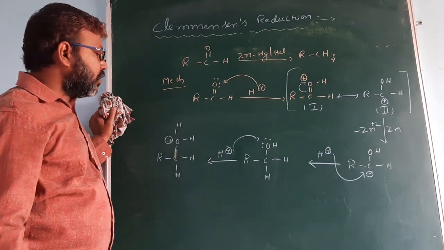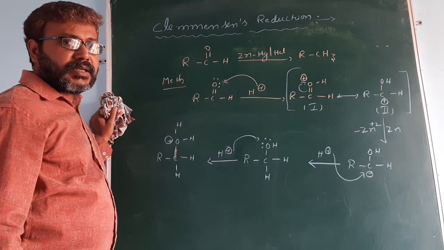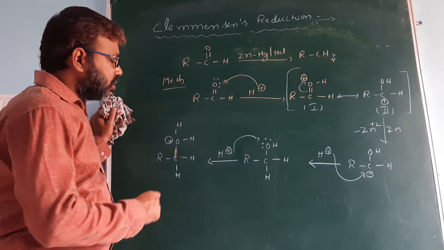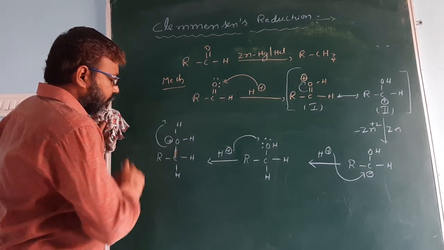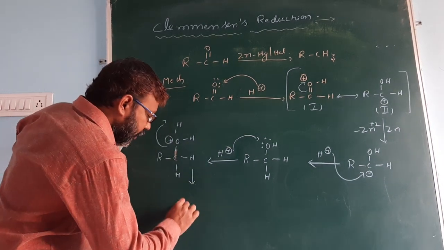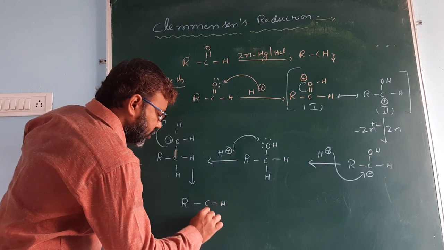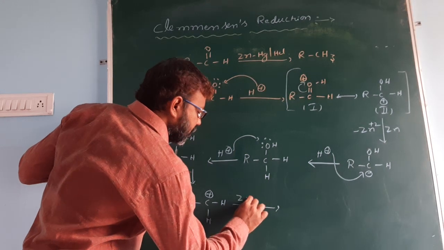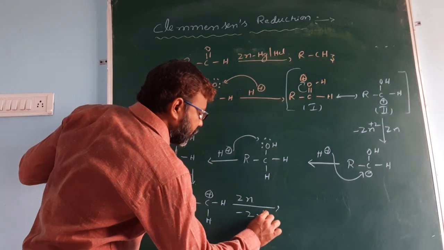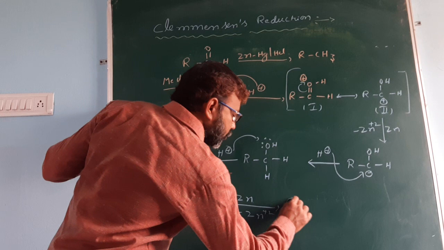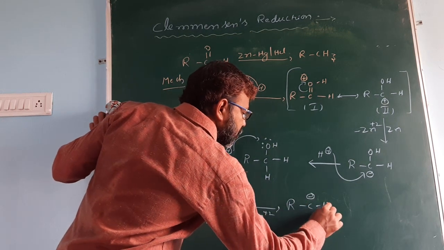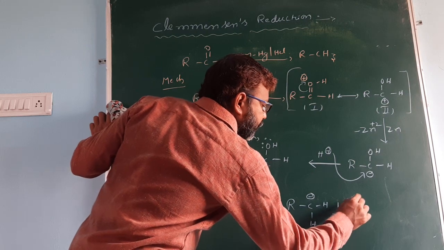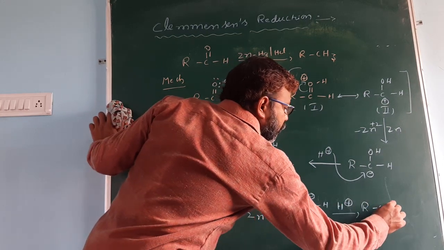Because oxygen has a positive charge. It is the second most electronegative atom in the periodic table. It has a positive charge. It is unstable. So loss of a water molecule. We get R CH H plus. So now zinc is donating the 2 electrons. It is converted to Zn plus 2 to give R CH2 minus. The reaction takes place in acidic medium. H plus attacks here to give the alkane.